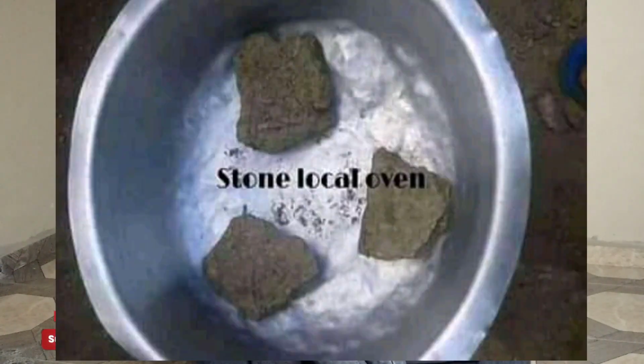The second method is the local stone method. In this method, you have your pot or your saucepan, you have your heat source. What you do is you find stones of similar sizes, about 3 or 5. Put them in your pot, arranged in a way that can hold, let's say, a baking tin without it tilting or anything. You put the stones in the pot, cover it, put it on the heat source, and allow it to preheat. Then you can lower your baking tin or whatever into the pot,